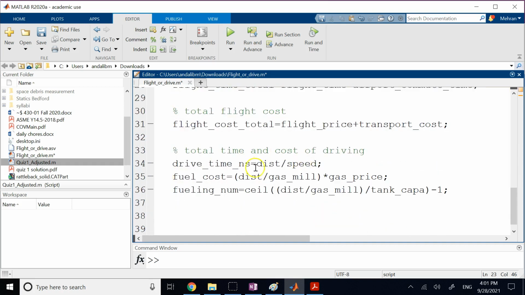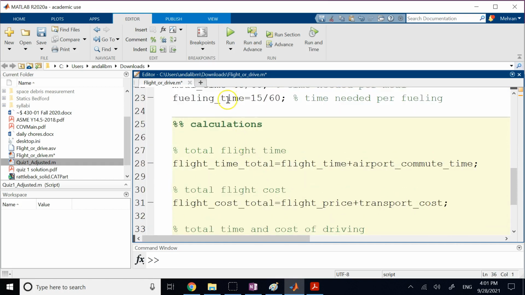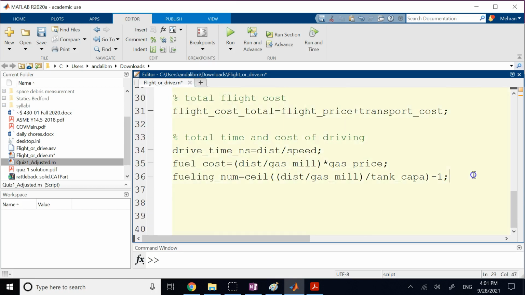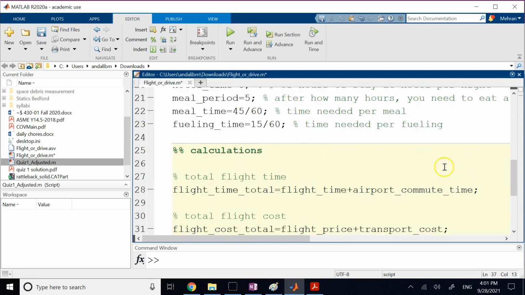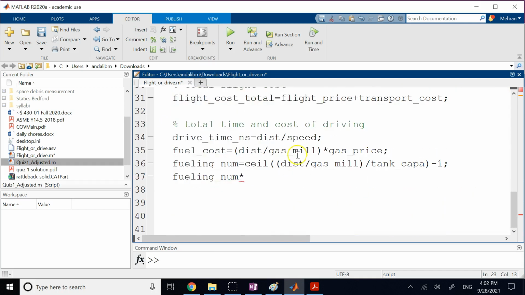So if I need to stop these many times for fueling, and each time it takes this variable hours to fuel, then the total number of hours you need for fueling is the product of the two. So if I multiply this by this number and then add it to the drive time that I had for no stop,